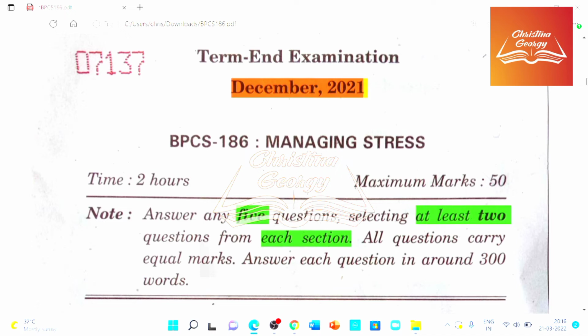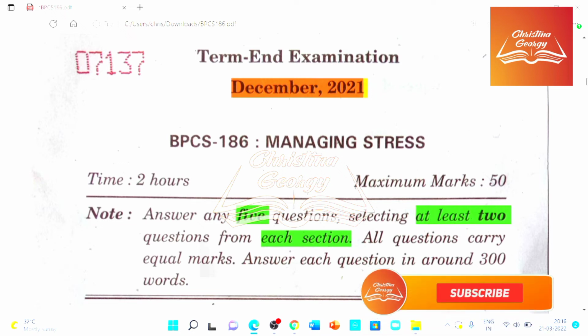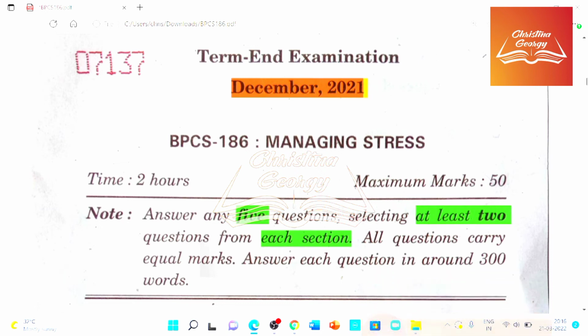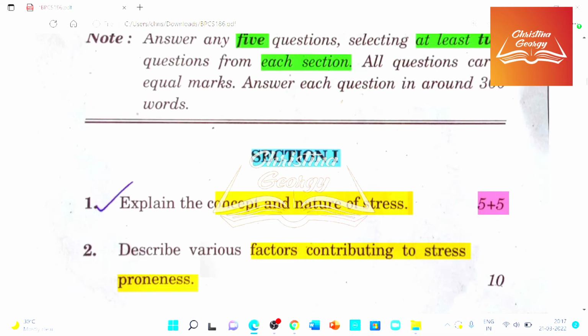All the 8 questions from this question paper were very direct. As we discussed in our classes and in our videos, all the important points suggested by me were asked in this question paper. We'll discuss each question in detail.